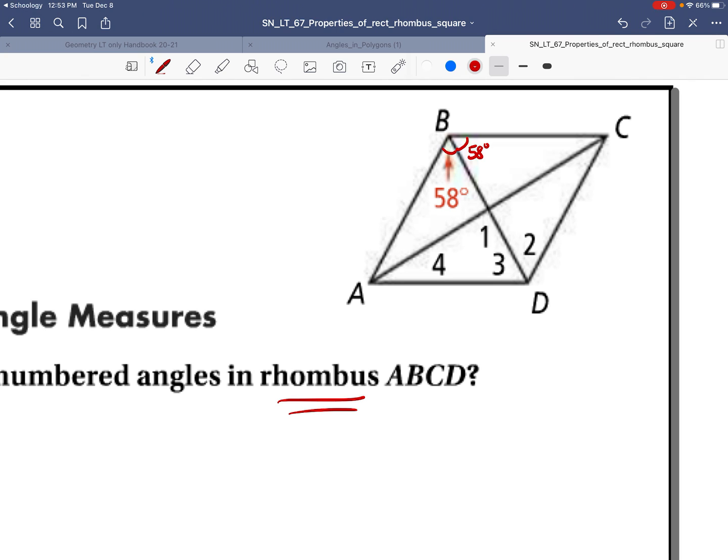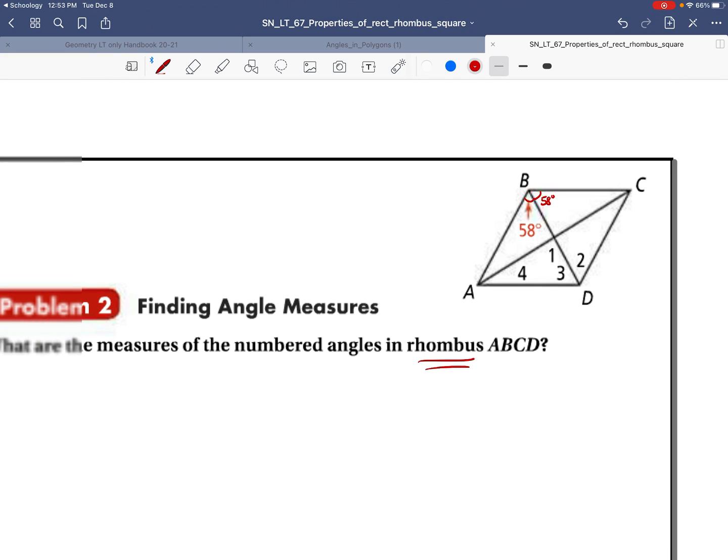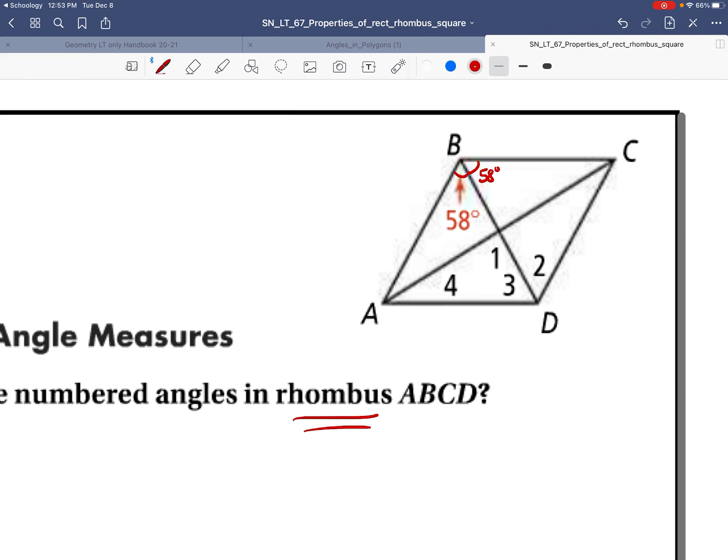And what we know is that opposite angles are congruent when you have a parallelogram. And because we have a rhombus, we know that we have a parallelogram. So therefore, 3 and 2 are also 58. So the measure of angle 3 is 58. The measure of angle 2 is 58. Now that I can put in 58 here,